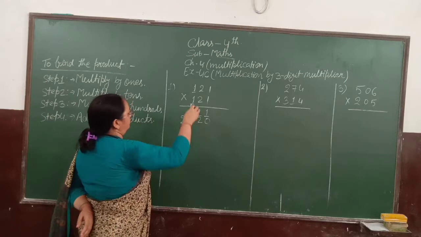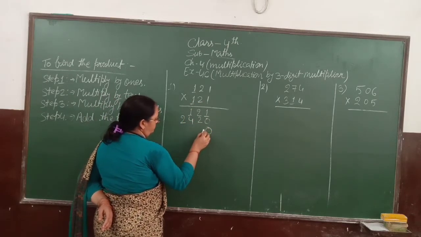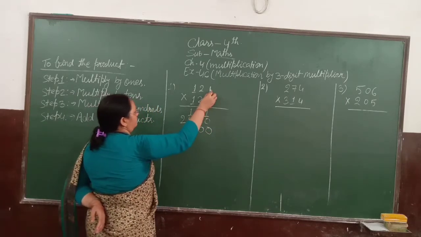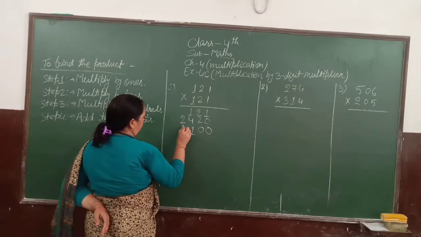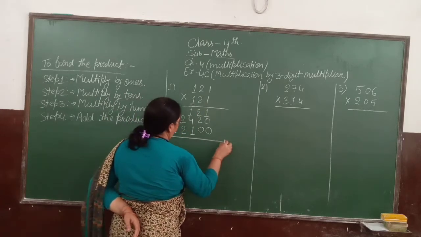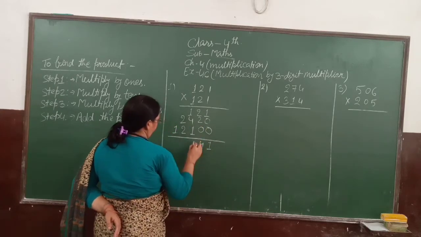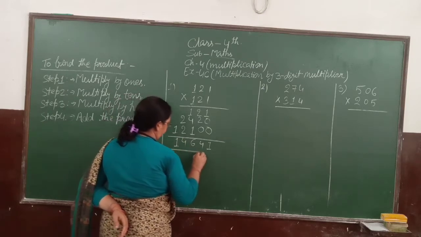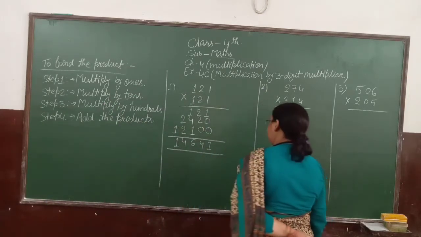Here again we multiply with the hundreds place digit. So ones place with 0 and tens place with 0, then hundreds place. 1 ones are 1, 2 ones are 2, 1 ones are 1, 1 4 6 4 1. Students,